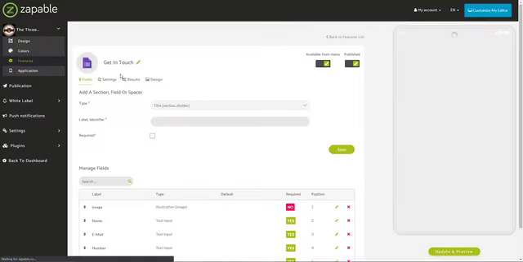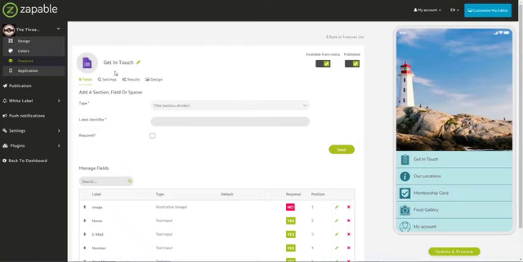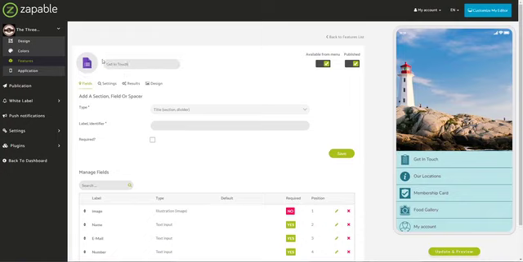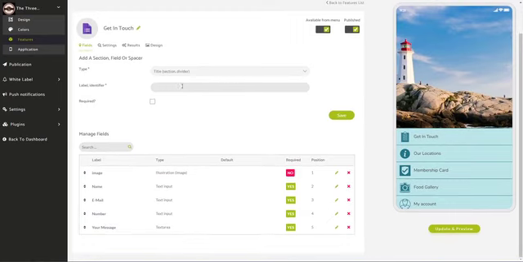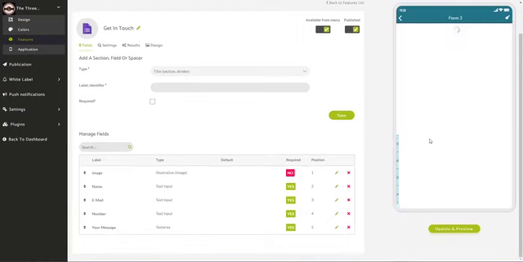It's using the form feature, which can be found under Contact, and I've gone in and renamed this as Get in Touch. To rename them, you just click the little pencil icon and then you can change that to whatever you want, and whatever you put in this section here will be what displays on the actual menu within the app. Now I've created a basic form, and if we open up the form feature here you can see